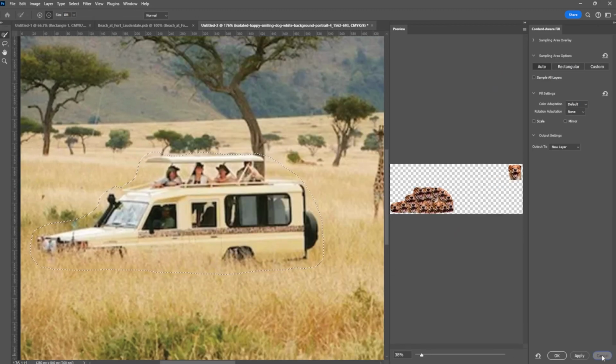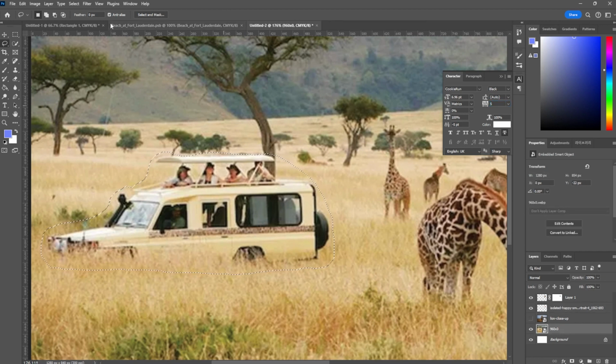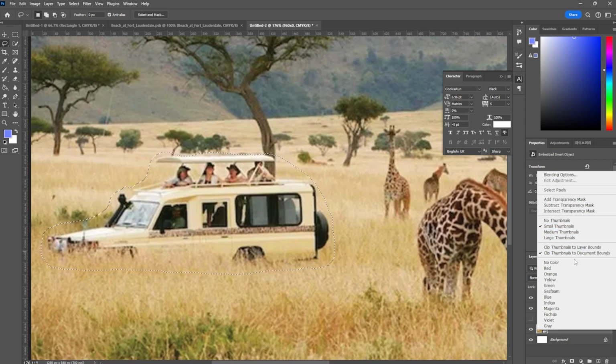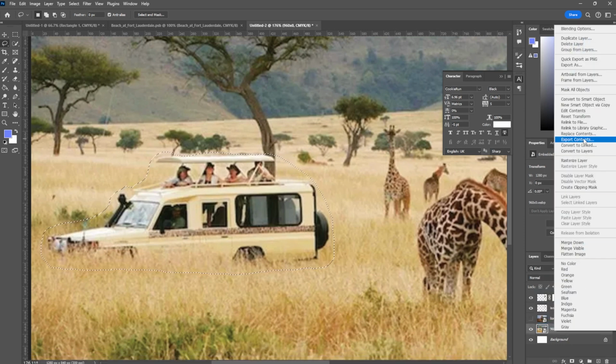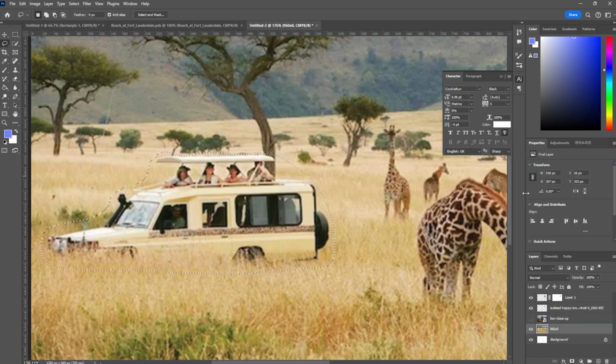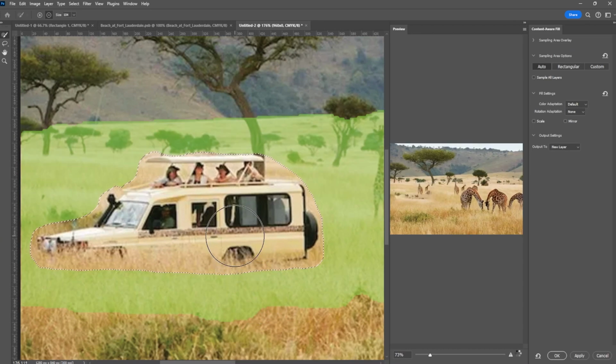Oh, sorry, I didn't choose this image. And again, content-aware fill. Before that, let me rasterize it. There's so much to do. Rasterize. Where is it? Yes. Right click, content-aware fill. And